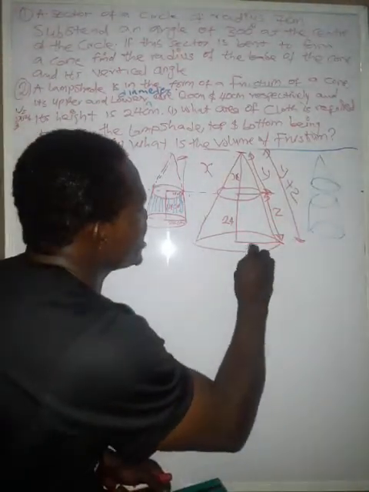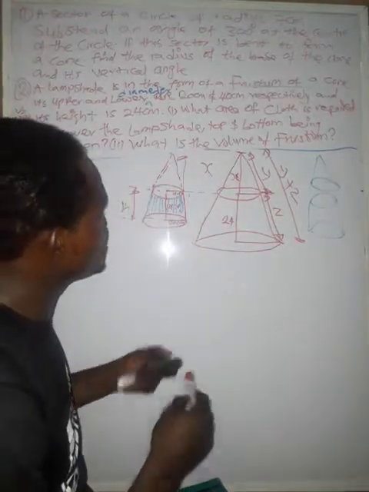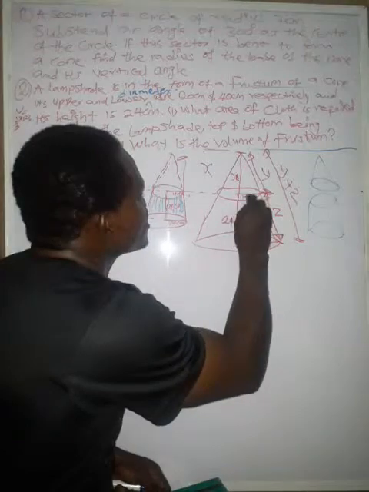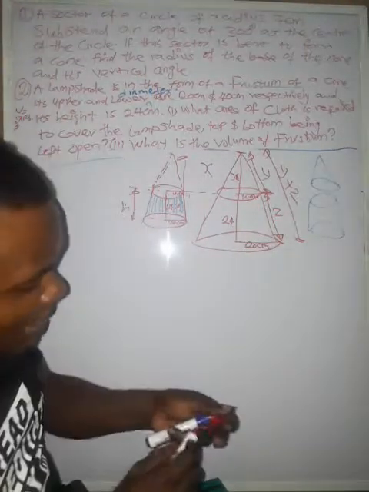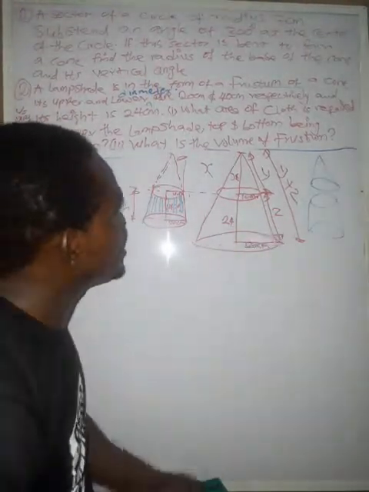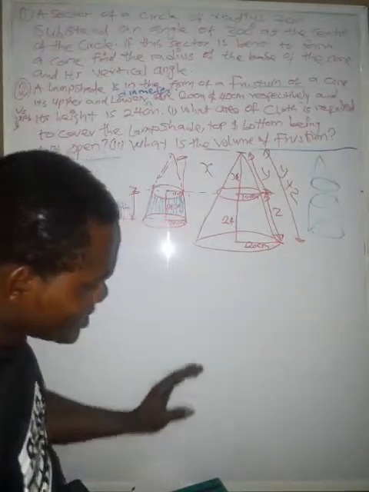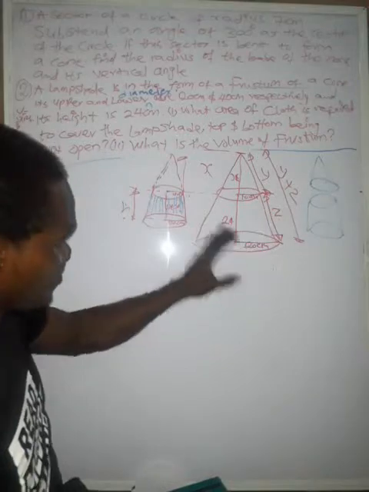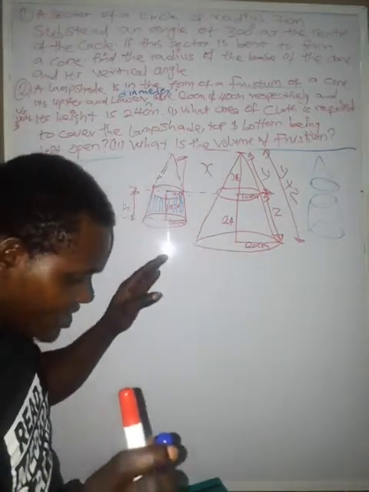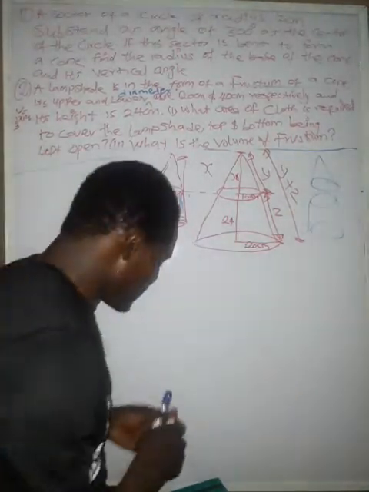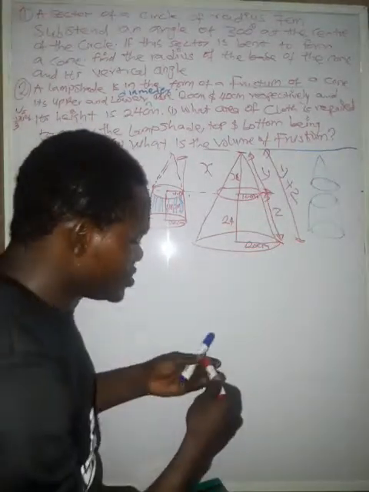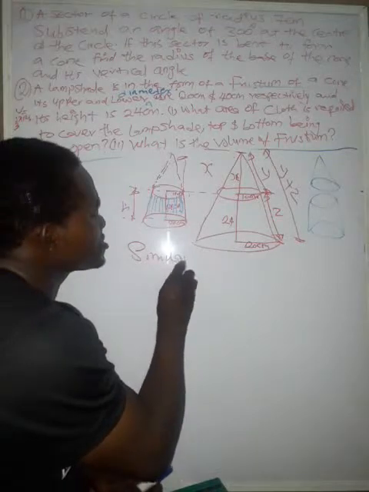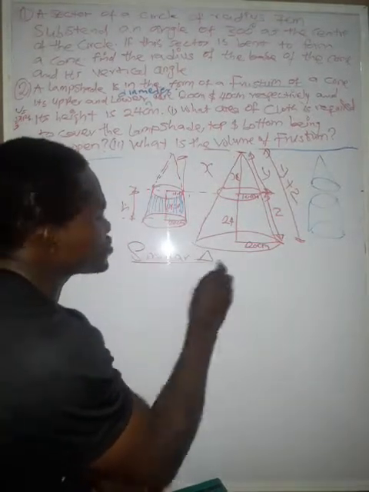Don't forget that here is 20, here is 20 centimeter, then here is 10 centimeter. Now first thing first, for me to calculate the area, I need just this value. How do I do it? Whenever you are in mathematics, you have something like this and you have some value, don't bother yourself, it's very easy. What I will do here to know all this value is to use similar triangle. So how does it work?